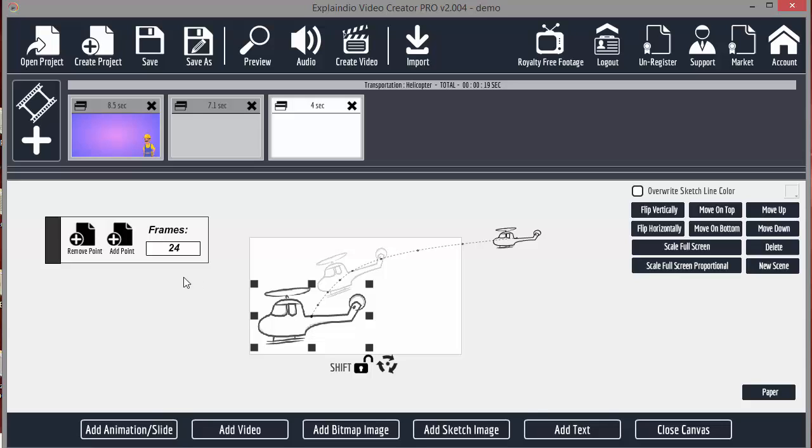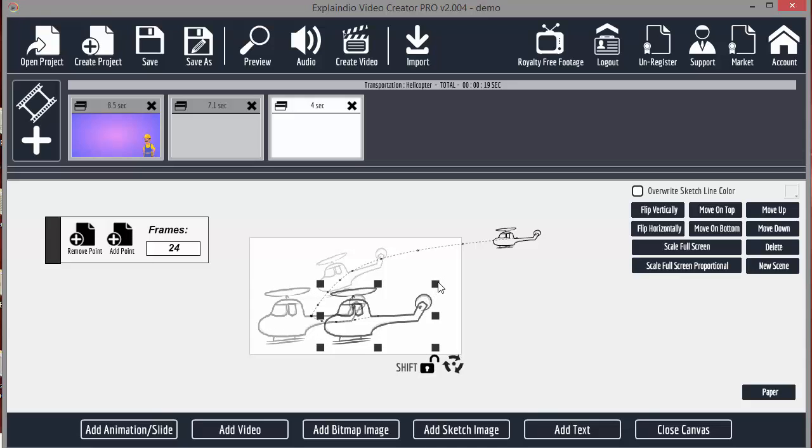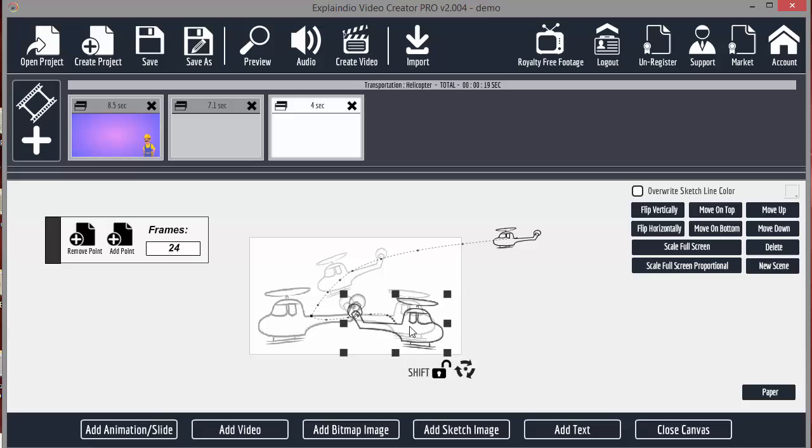What I want to do then is flip the helicopter to make it fly in the other direction. So let's just add another point, and I'm going to drag the helicopter and make it slightly smaller as if it's going back into the screen again. And I'm going to click over here, flip horizontally, so it's now facing in the other direction. And then I'm going to add another point,